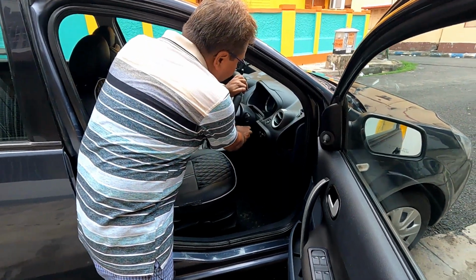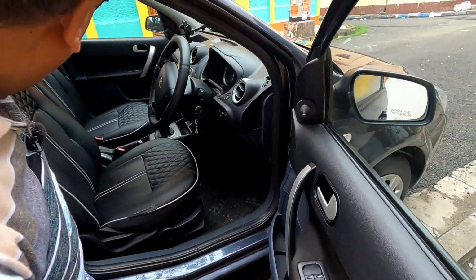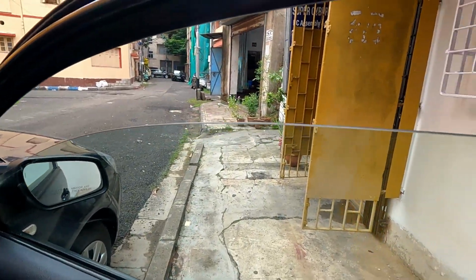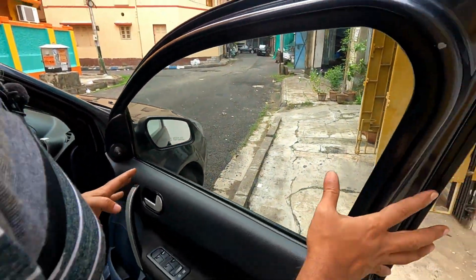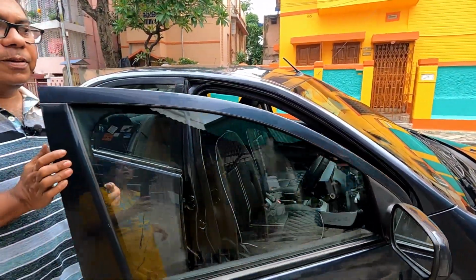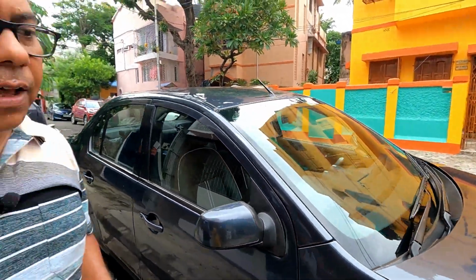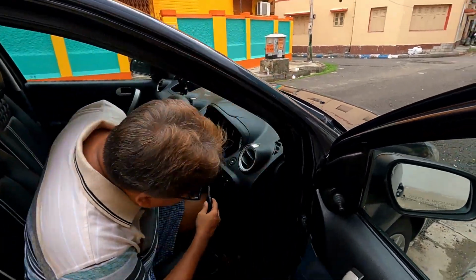Normally nowadays most of the cars have power windows, so check all the windows are working fine. So you should check all the power windows, because if there is a problem with the power window motor, replacements are quite expensive. So if you find any one of them is not working, do negotiate with the owner regarding this problem. Check the interiors and check for any steering play,